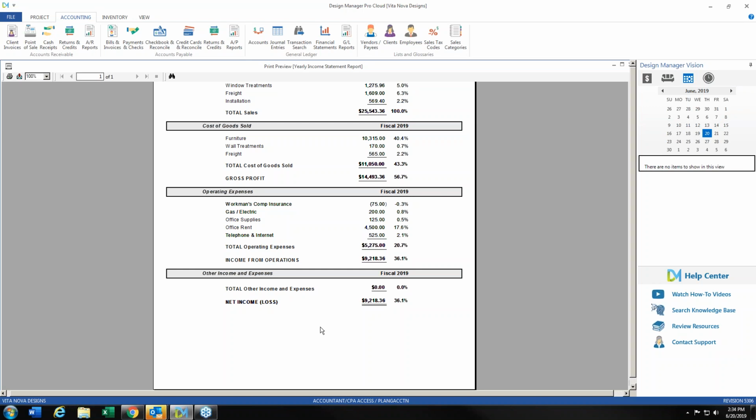And then finally, your net income is what you've made, basically. It takes your gross sales, subtracts all of the money out, whether it's product or operating expenses, and that's what we're left with, and that's what the IRS is going to expect you to pay